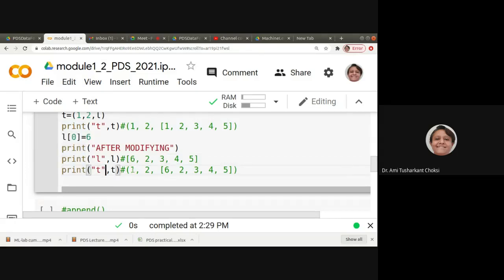It will have the value 1, 2, and then for this list, which was referenced inside the tuple, it will replace the 0 index value with 6, which was 1 here. Now it is replaced with 6. Fine?